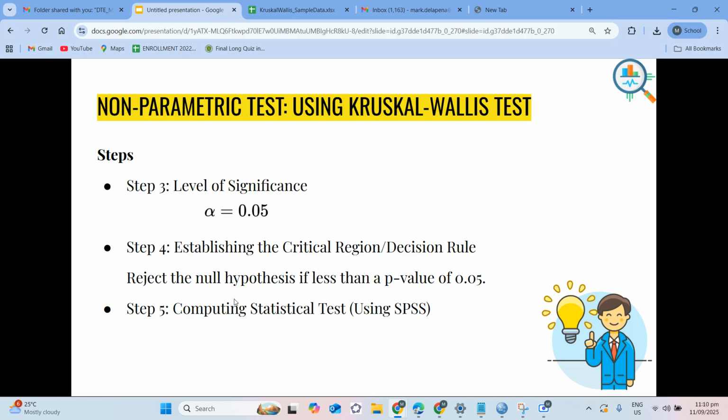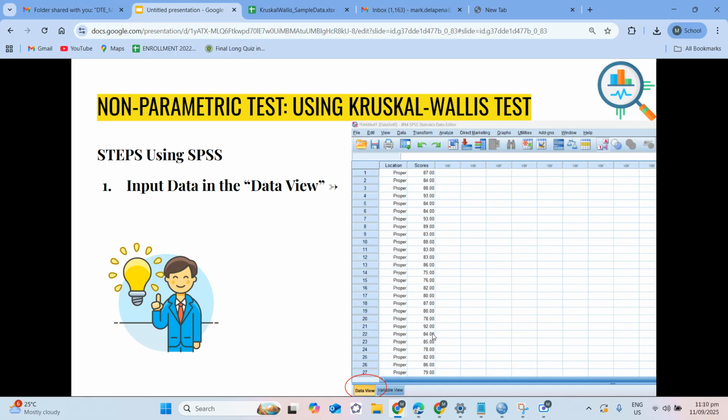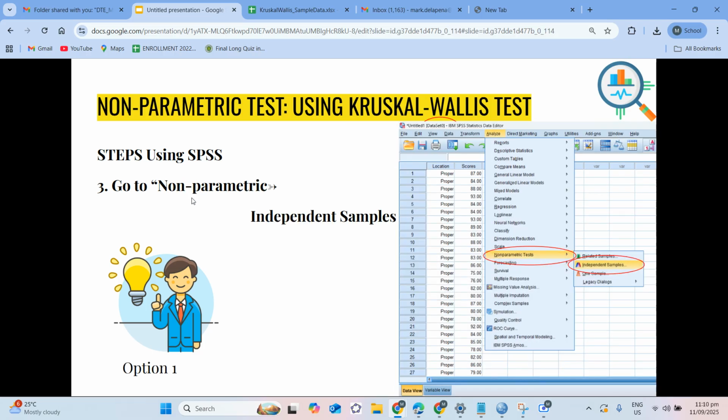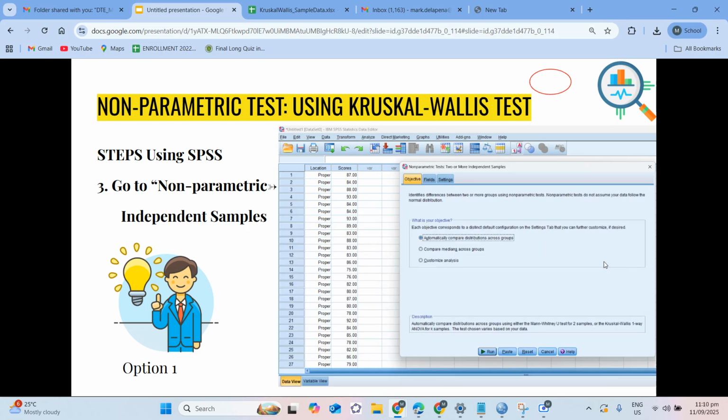Then the decision rule: if less than 0.05, we reject the null hypothesis, then use the alternative hypothesis in the conclusion. Now I will show using SPSS. Here in my PowerPoint first, but later I'll show directly in SPSS. First, input the data in the data view, then go to Analyze. My option 1 is non-parametric, then independent samples.